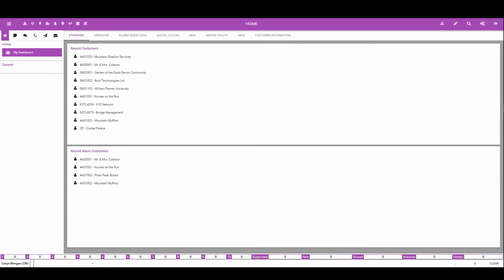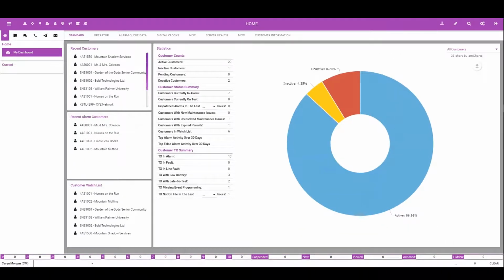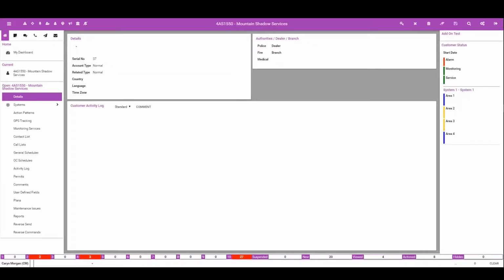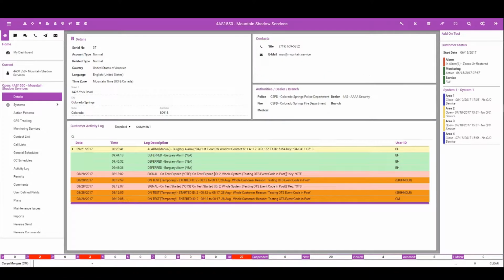Now in Manitou Neo, we now have a new type of general schedule. It's called action pattern. So I'm going to go ahead and use my Mountain Shadow Services account that I've got set up that's actually defined. Now I could do this on the monitoring company level, I can do this on the customer level, I can do it on the dealer level. I'm going to do it here on this particular customer level